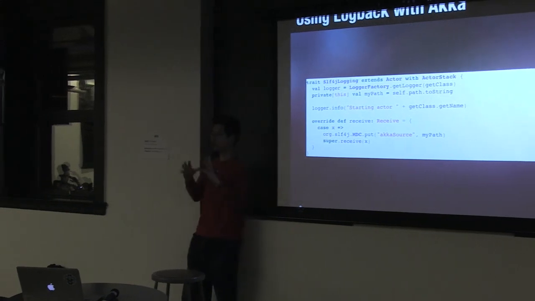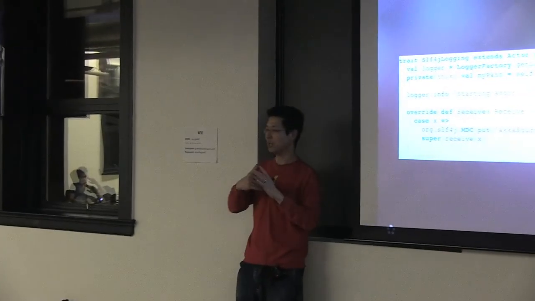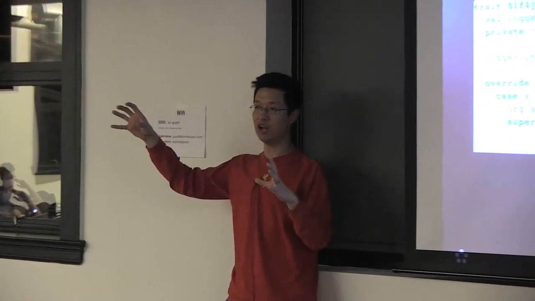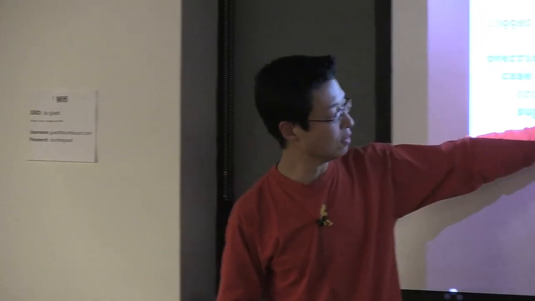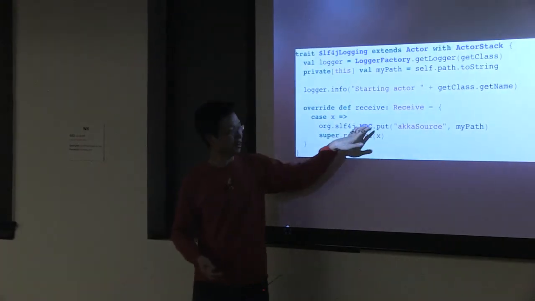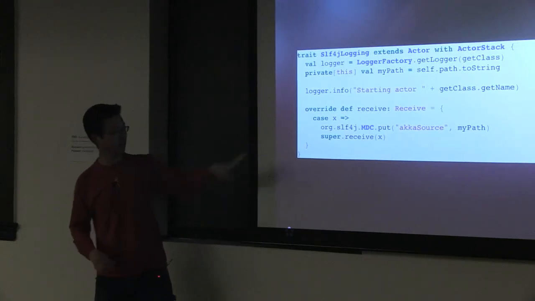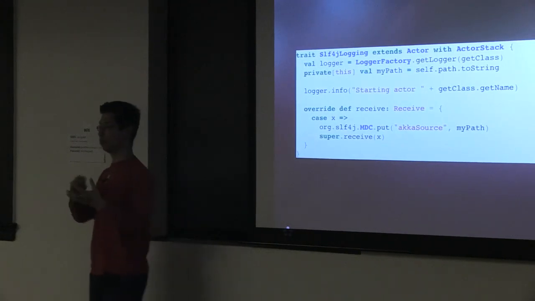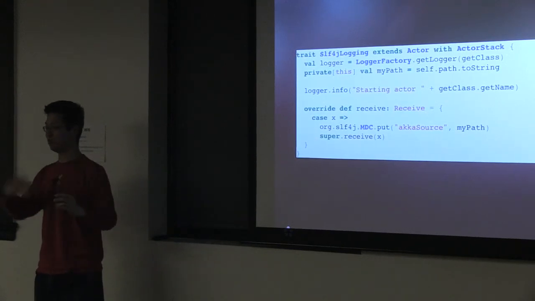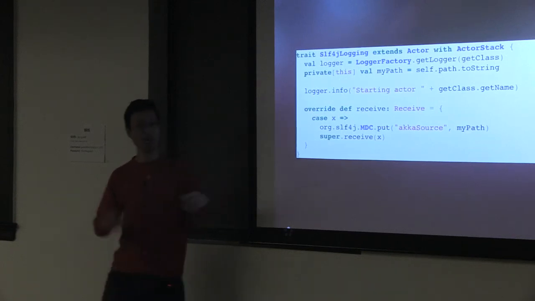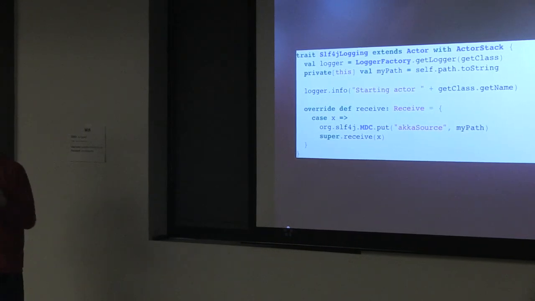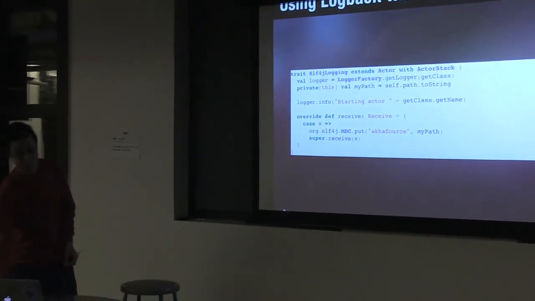Because one problem with traditional Java logging is that it's thread-based. But in Akka, because one actor can run on many different threads through its lifetime, thread-based logging doesn't help you at all for debugging what actor was running some code. So instead, we put the Akka path in an MDC, which is a thread-based thing, and when you do logging, you can see which actor did some work. We also automatically print out that an actor started, which is pretty useful for debugging initialization.